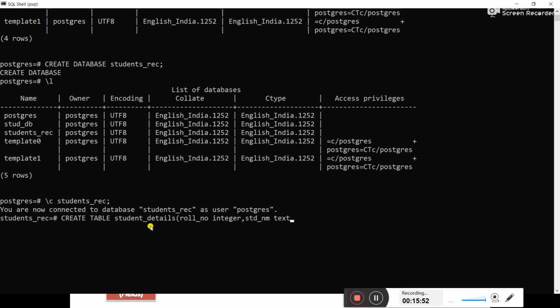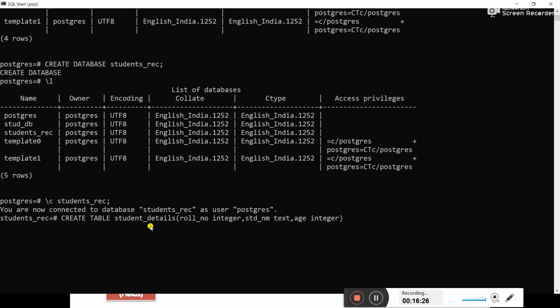Now the third field name is age. In age again you're going to enter whole numbers. No decimal point numbers are accepted here, so you are going to set the data type as integer only.